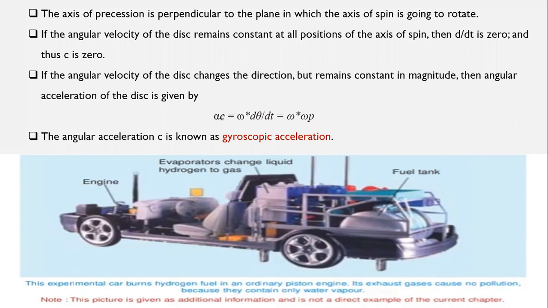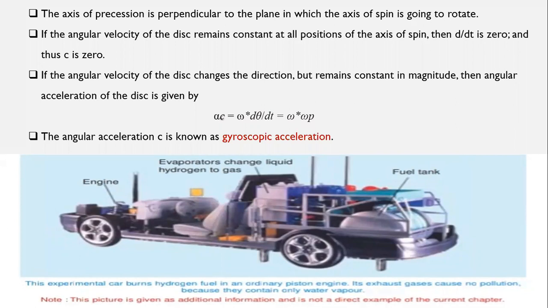So this car can obtain the gyroscopic couple. So when it is balancing in the automobile, there is a chance of misbalancing also. So when there is an active force, there is also a reactive force. Likewise, when we are balancing the total body of the car with all the body parts, the engine is kept in the front of the automobile. So in any type of automobile, the engine is kept in the front part because of balancing.